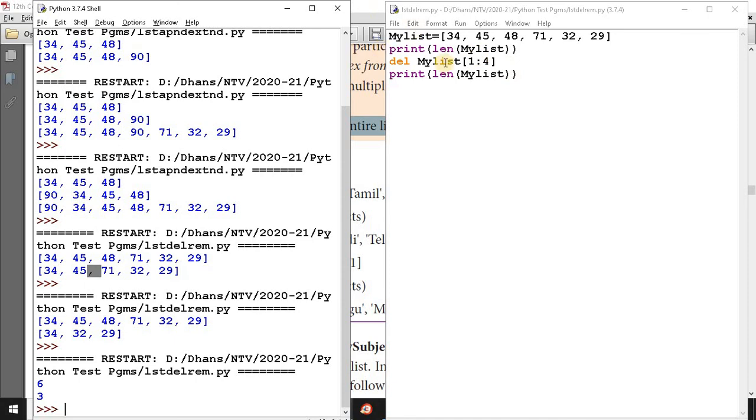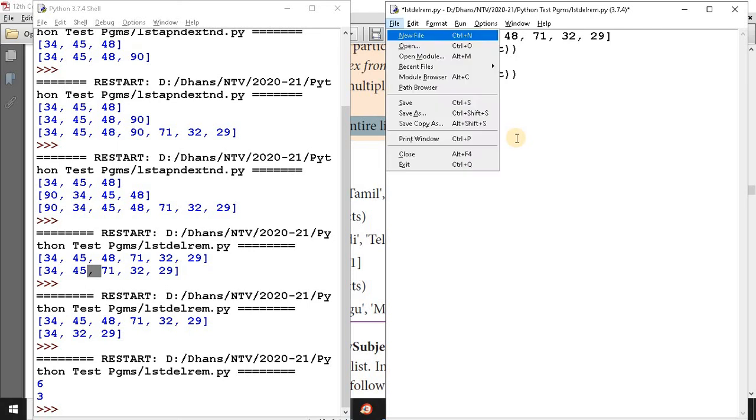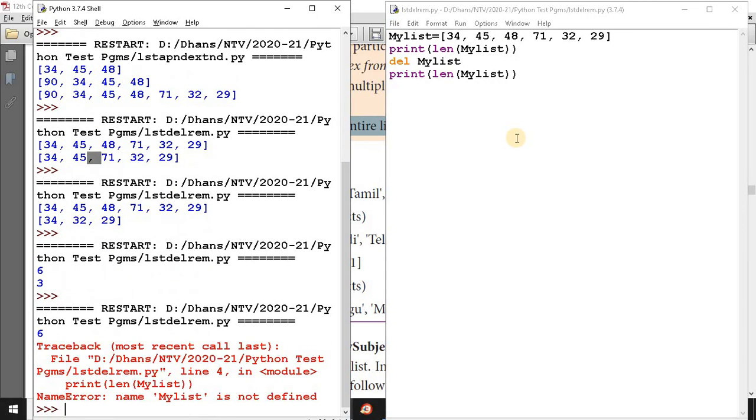Suppose you delete the entire list, then the index value cannot be given. If you display the same thing now, what will happen? Error. Because the entire list object is deleted, there is no scope for this mylist object.